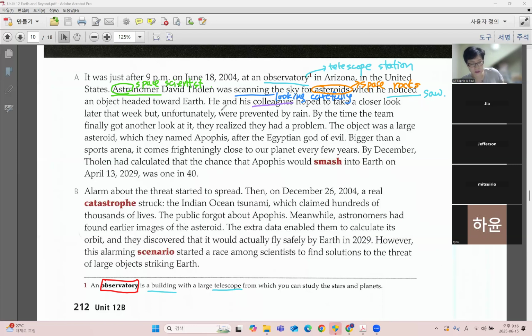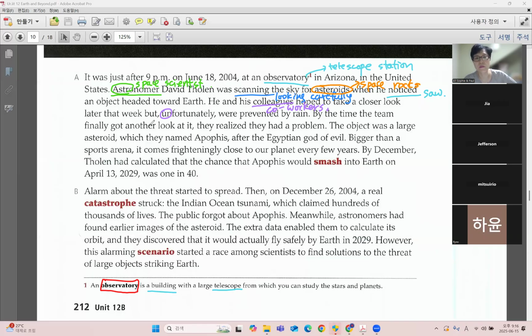Very good. Colleagues means teammates, coworkers. Hoped to take a closer look later that week, but unfortunately,